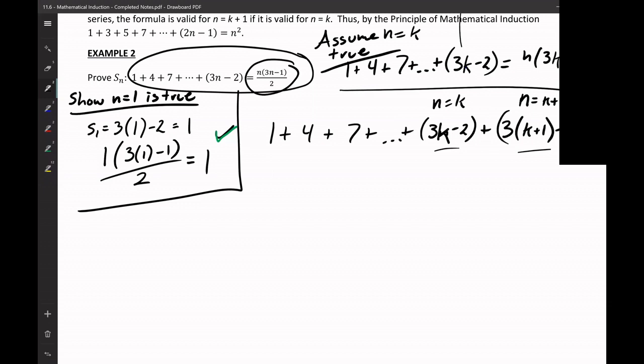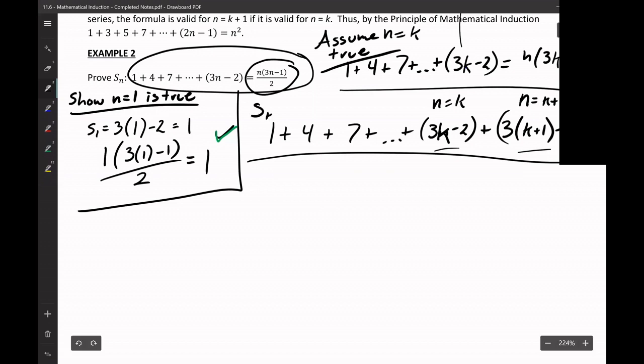Okay, this expression now is my expression for the n equals k plus 1 term. All right, this would be the sum. This would be s sub k plus 1. All right, and we want to show that this thing here is equal to my expression up here with k plus 1 plugged in for n. I just want to see, well, what if I had just plugged in k plus 1 into my thing that I think is true? Well, that would be